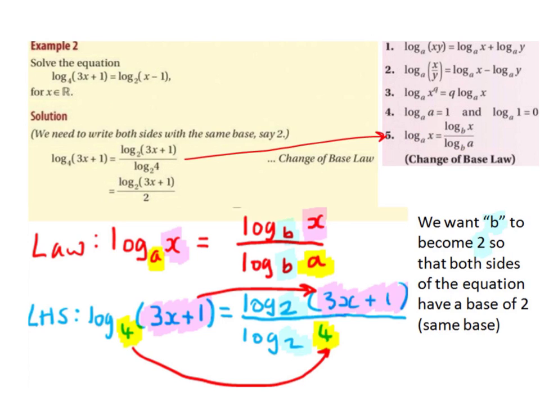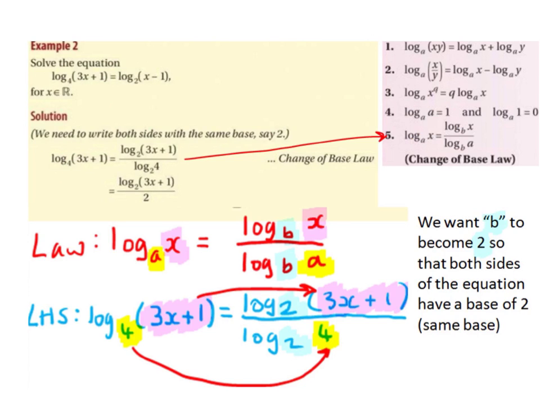So the main thing that we have to think about is that we want the b in our formula to become a 2, so that both sides of the equation have the same base. So if we're starting off with log base 4 of 3x plus 1, we want this 4 to become